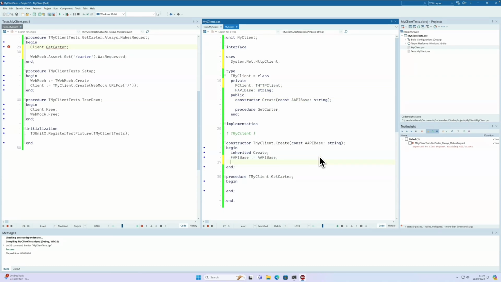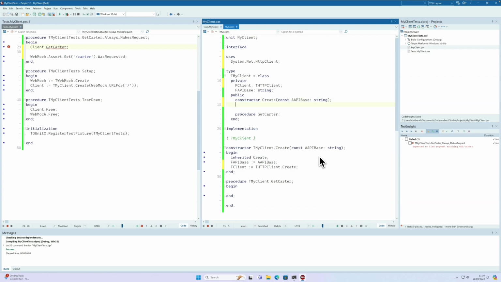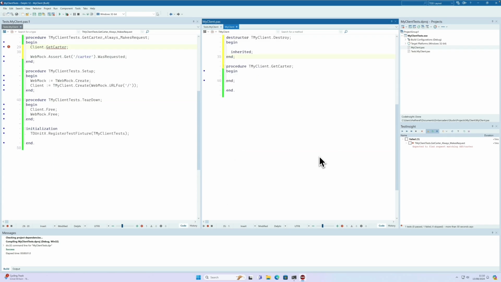So in our create here we can say F client equals THTTPClient.Create. Now if we're creating it, we're going to need to destroy it, so let's add a destructor to tidy that up. So destroy, and we override that,